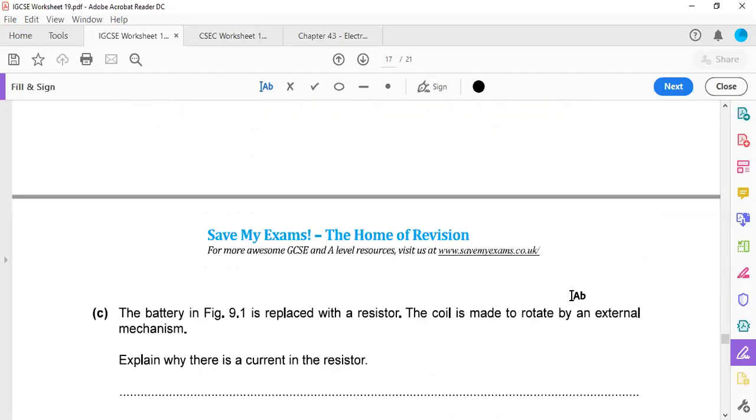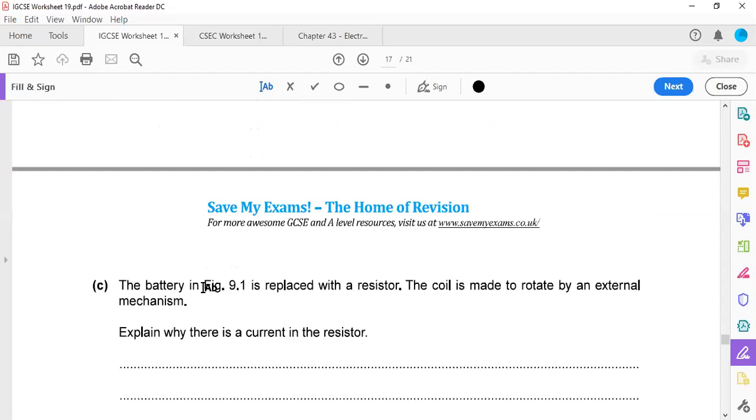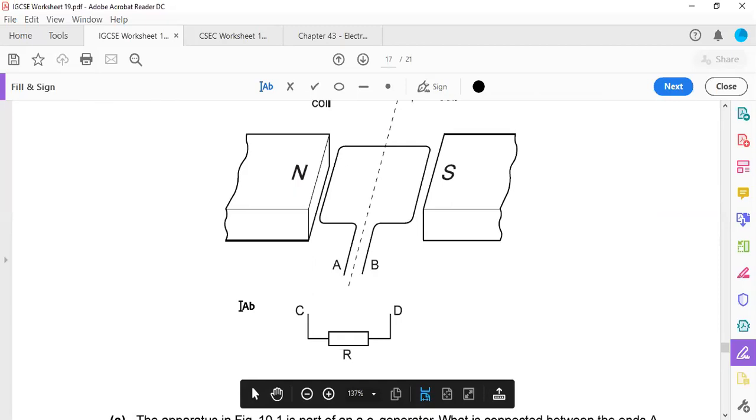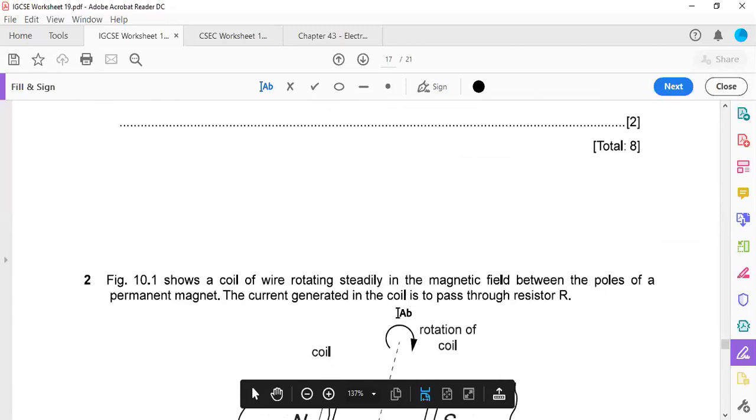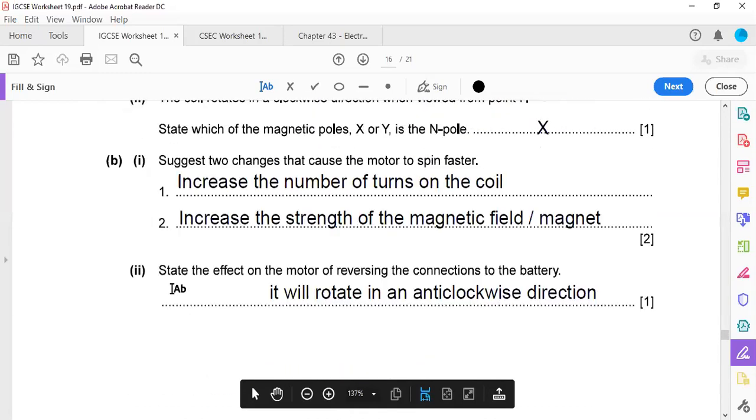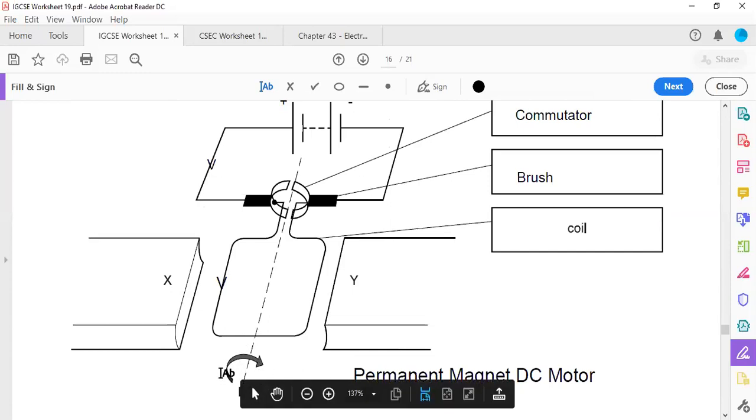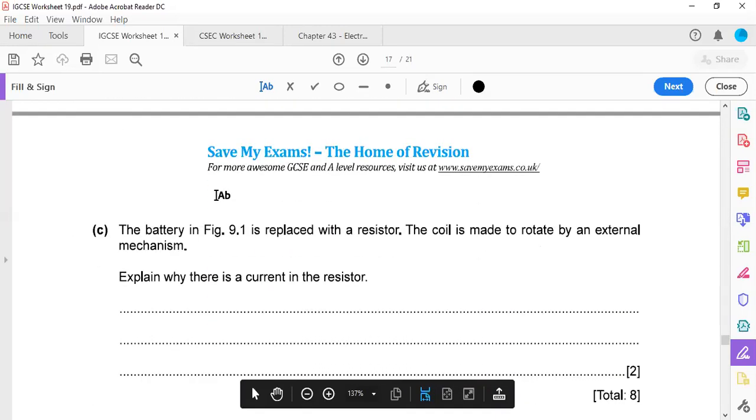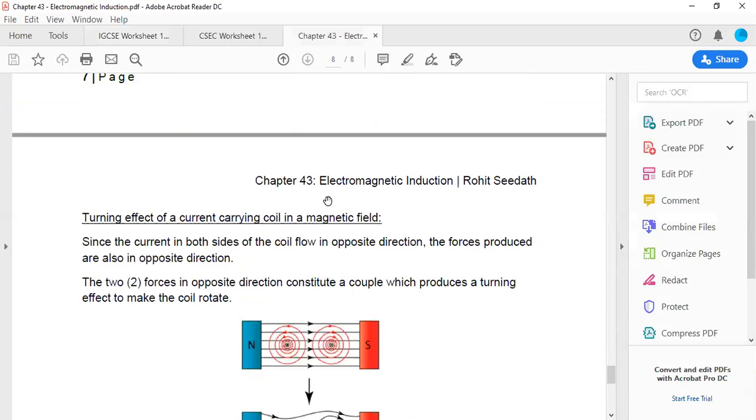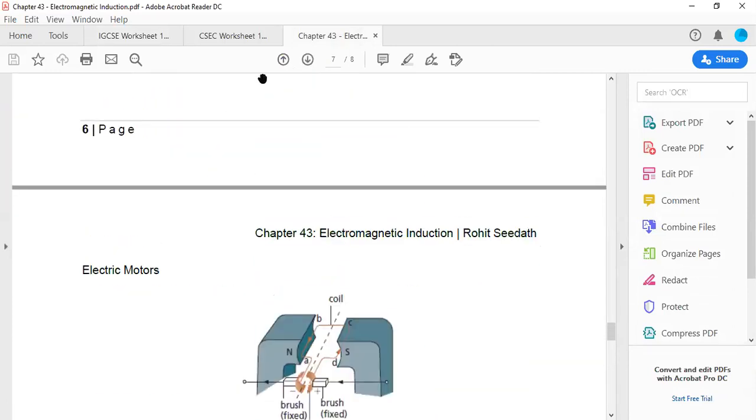Good. So moving on. They said now the battery in figure 9.1 is replaced with a resistor. So simple. All they do is add a resistor to it here. They are saying the coil is made to rotate by an external mechanism, so it's no longer a motor. What they do here is connect a handle and put a resistor. So when you turn this, it becomes a generator. They are asking you now, explain why there's a current in the resistor. Why does it have a current? If we go back to our notes on the generator,